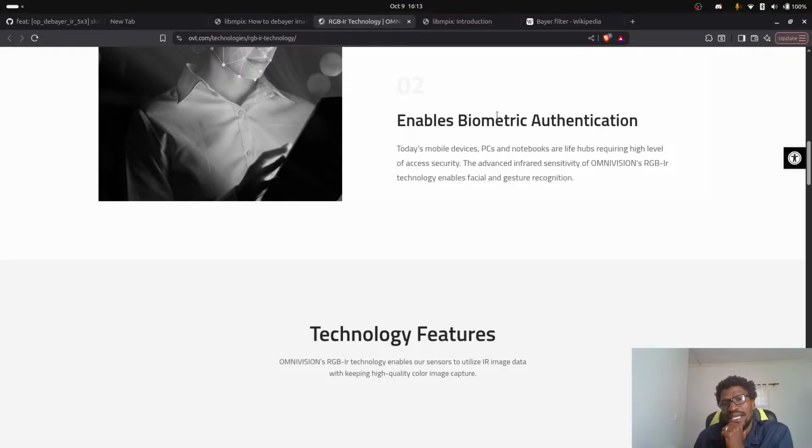Number two, it enables biometric authentication. Today's mobile devices, PCs, and notebooks require a high level of access security. And the advanced infrared sensitivity of OmniVision's RGBIR technology allows facial and gesture recognition. This is actually cool. Have you ever wondered why or how your iPhone is able to do facial recognition in the dark? This is why. Because this thing can still take the same image of your face in the dark, and